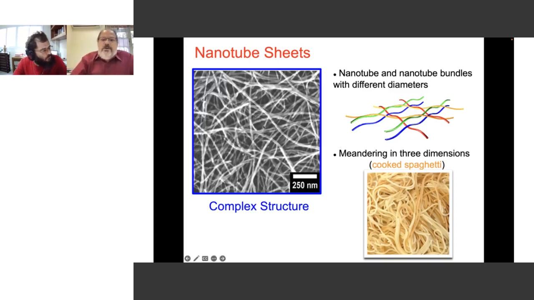This is the microscopy, and it looks like overcooked spaghetti. If you did this once in your life, when you have overcooked spaghetti, what you have is pasta bundled together, which makes it stiffer, and you have the other part of the pasta that are single strands that are softer, right? So you have a combination of stiffer and soft material.